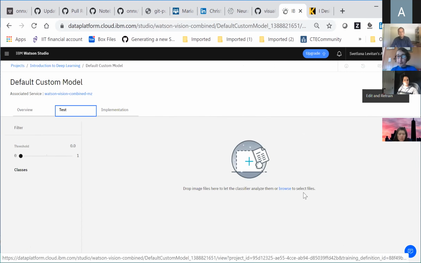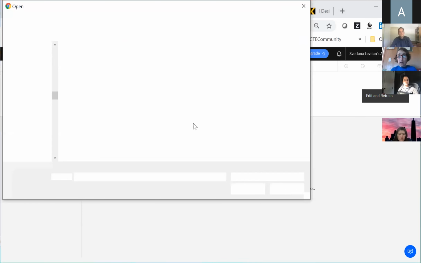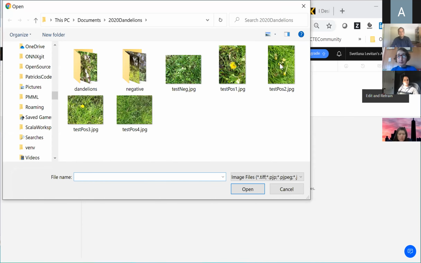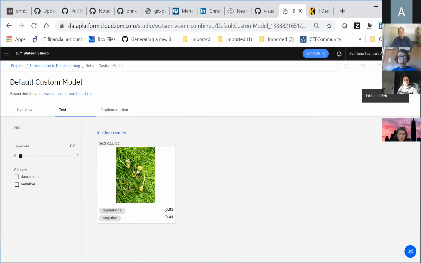And if I browse, so if I take this one that had some dandelions. Yeah, see, it has dandelions with 82% accuracy.